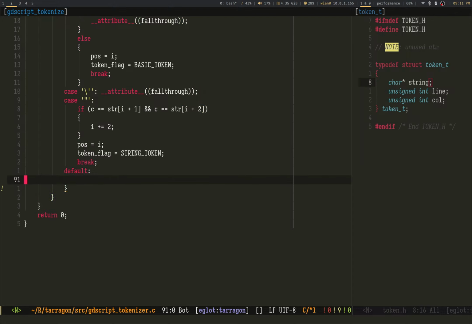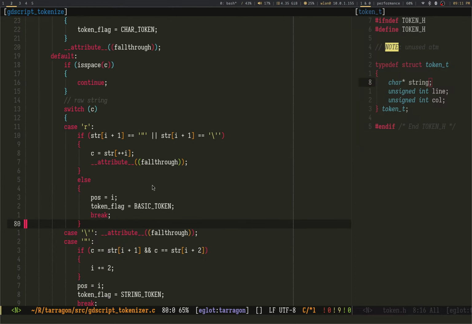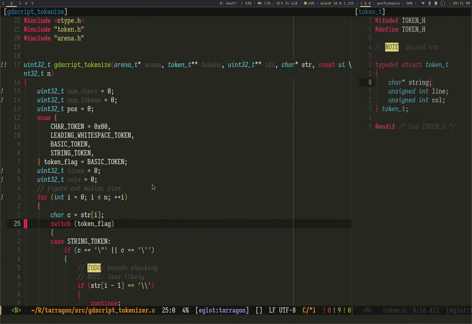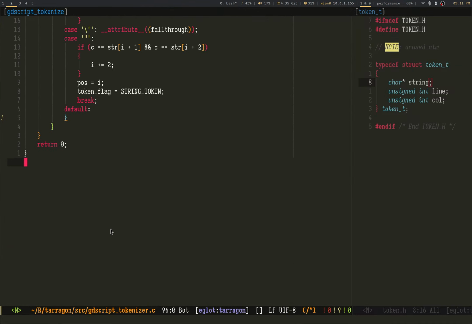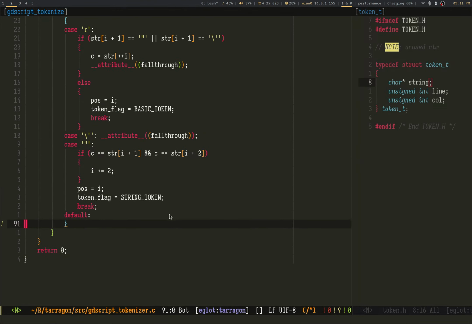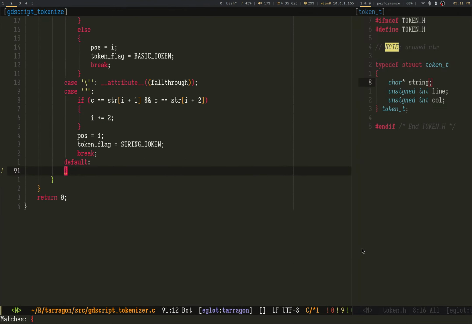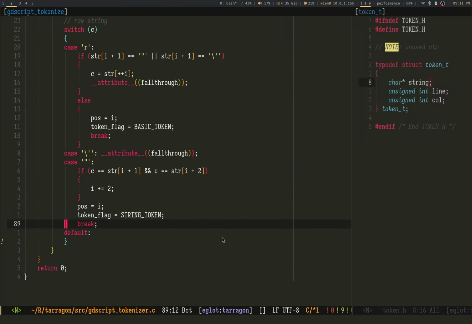So I know it's not white space, however, yep. Not a good name, but whatever. Default, we're just setting the position and kicking it over.